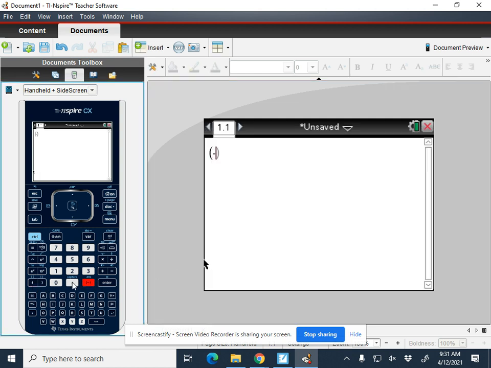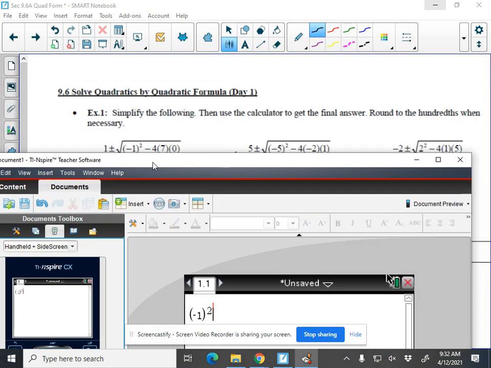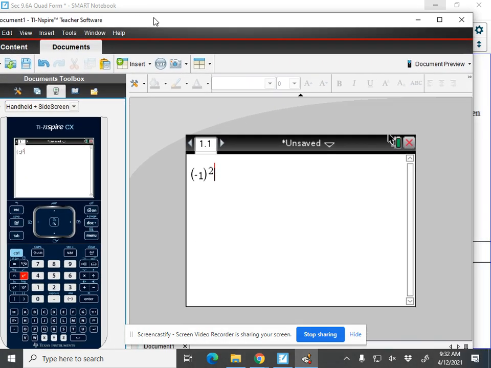And we're going to go parentheses -1 squared. Squared. So you see how that's written in there. -4 times 7 times 0. Now,